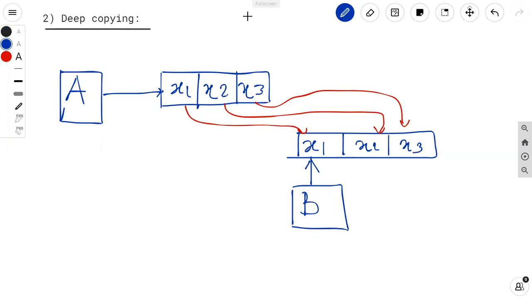Okay, then the last one is lazy copying. Lazy copying means what? It is a combination of shallow copy and deep copy. So basically it is deep copy in nature, but it can switch to shallow copy as per the requirement also. So lazy copy means it can be either shallow copy or deep copy.